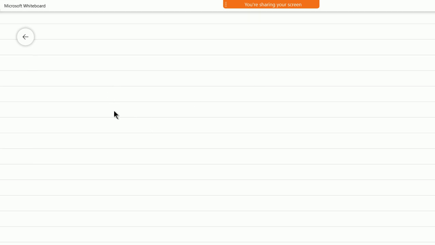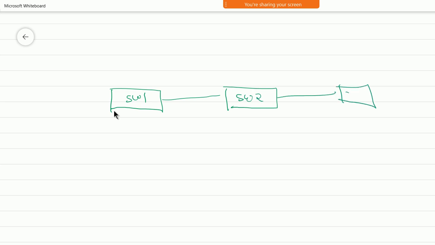So first of all, we are going to take three switches. That is switch 1, switch 2, and over here we have switch 3. Okay, and this link we are going to make a trunk port, because we are going to perform the VTP practical over here, and without a trunk port we cannot